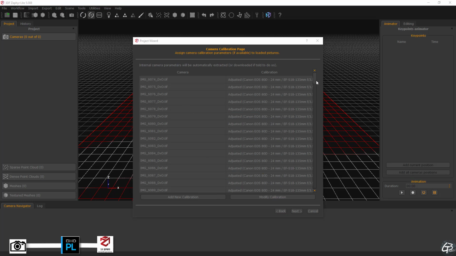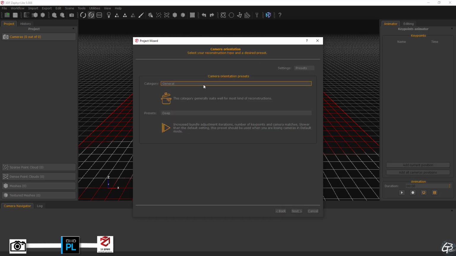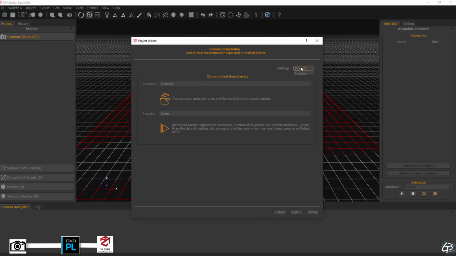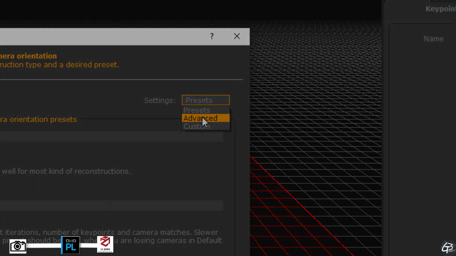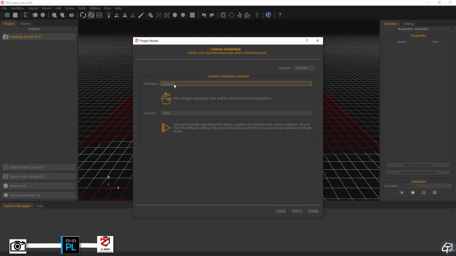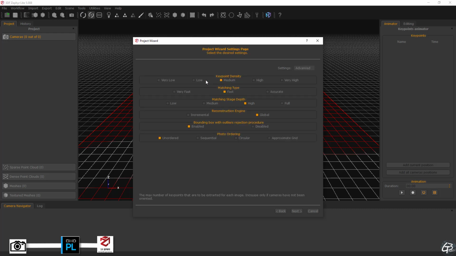We need to help 3D Zephyr a bit by picking the correct alignment setting. To communicate with the software, 3D Zephyr offers a project wizard which usually contains 3 main modes: a basic one, an advanced one and a custom one. The basic one is based on a preset system where we choose very basic setting to proceed with. The second one is based on a detailed preset system and gives us more options to pick from. As you can see, when we hover the mouse over the setting, we get a helpful description at the bottom telling us what each setting does.